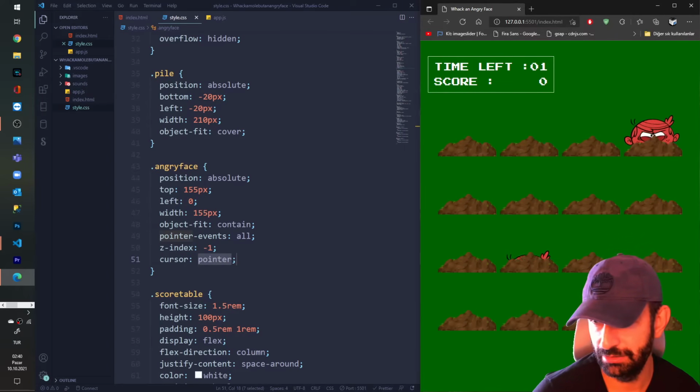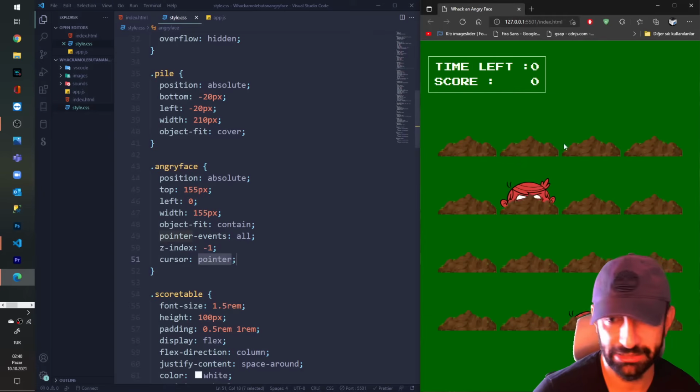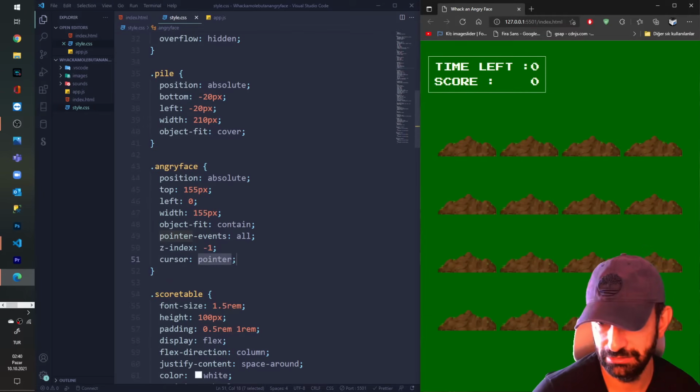Why? We don't have any z-index of -1. Why is it not working? Okay, let me check once again what's going on here. The dirt pile, I think. Object fit cover.